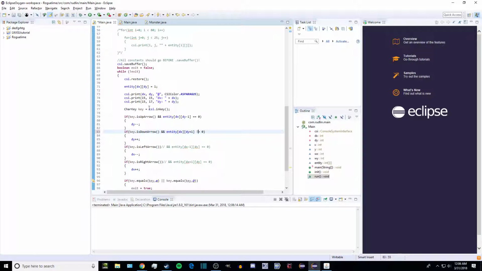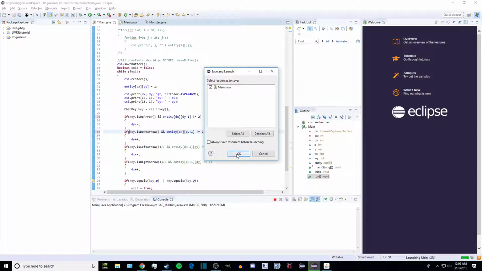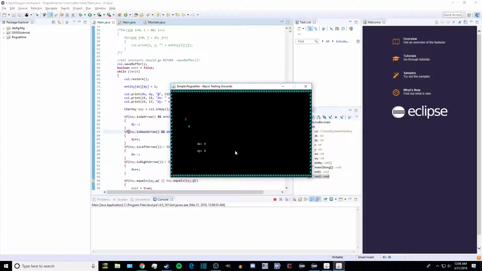What if I phrase it, instead of putting equals 0, as does not equal 2? Meaning there's no wall there. Because that's what I'm trying to program here. That's exactly what I'm trying to say, that as long as that isn't 2, that's better. I think that's better. That way, it explicitly